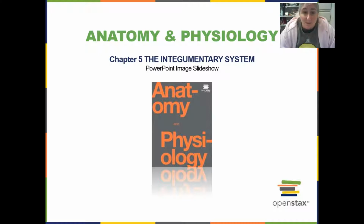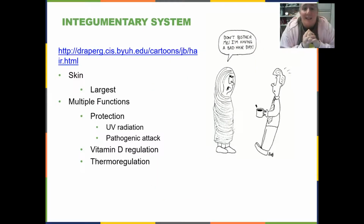It's your skin, your mucous membranes that are associated with the skin, your hair, your nails, sweat glands, sebaceous glands, ceruminous glands. All of these are part of the integumentary system. It is your largest organ system, and it has a lot of functions. Most people think of the skin as a protective barrier, which it is. It protects us from UV radiation, from burns, from pathogens,